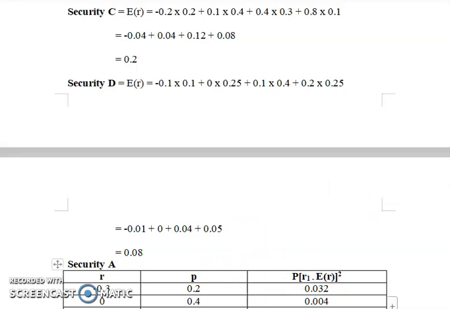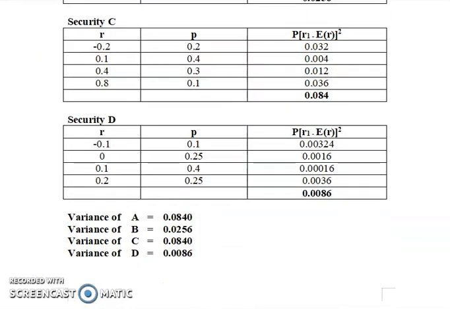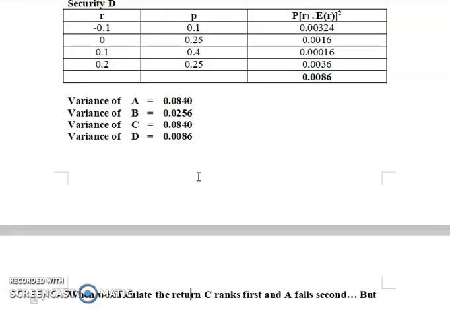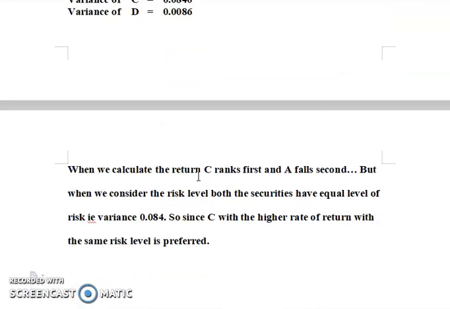When I lock my choice to security A and security C, my variance is almost the same. For A and for C my decision is almost the same, because variance makes no difference; both have the same variance. On the other hand, if I look into the expected return, for A I just got 0.1, but for C the expected return is 0.2. That gives me pretty good confidence, so I would go mostly for C.